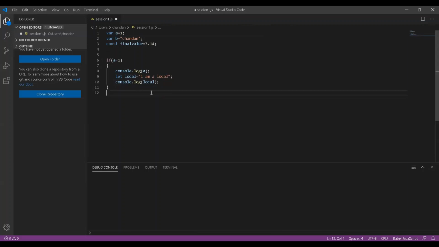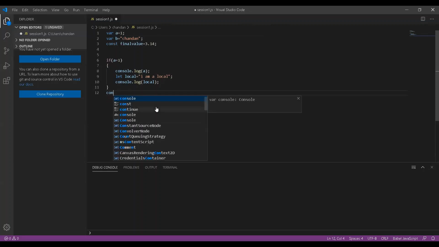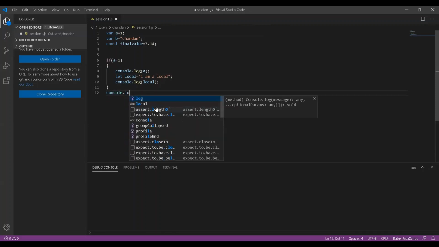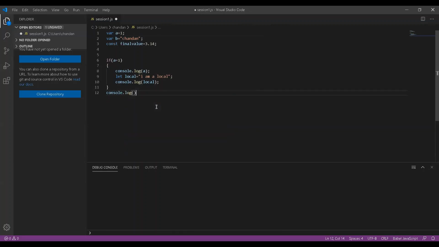I can do that, but these local variables, which are defined using the let keyword, are not accessible outside the code block. So if I try to print console.log a here, and similarly if I try to print console.log local here,